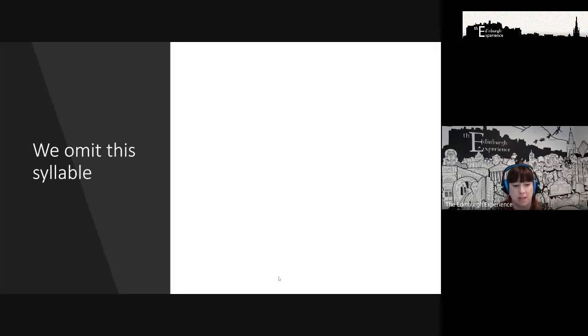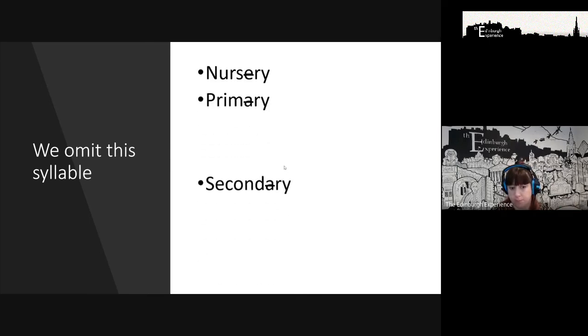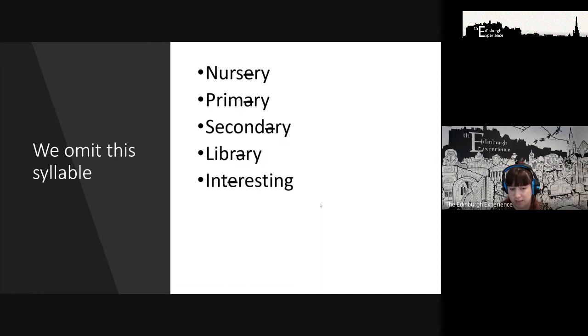So when I say these quickly, it'll sound like this. Nursery, primary, secondary, library, interesting, vegetable, literature, okay? And that's a much more useful pronunciation for you to work with